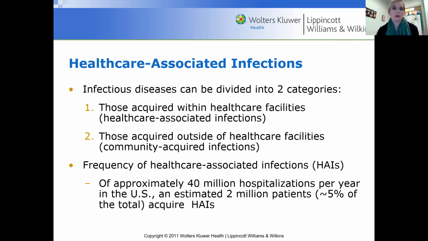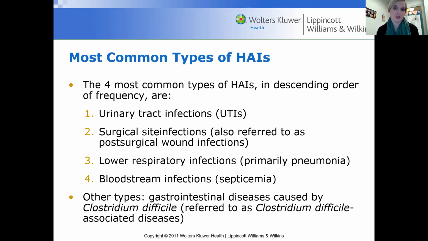So about 2 million people are going through that. And the idea of healthcare epidemiology is to limit that and to make sure that number goes down. So what are the four most common types of HAIs? In descending order, I just mentioned